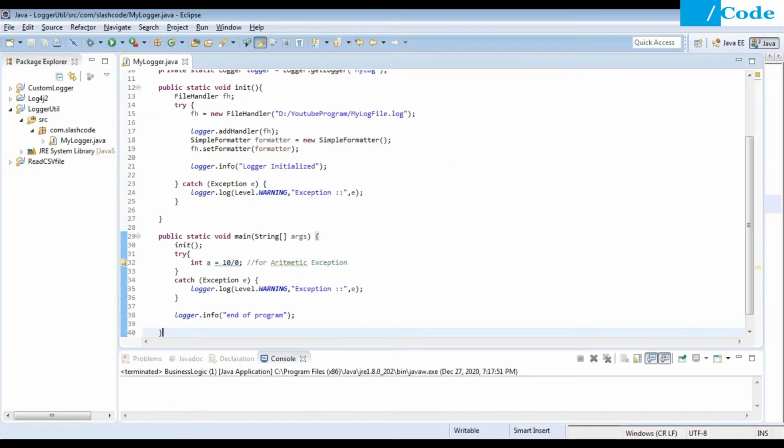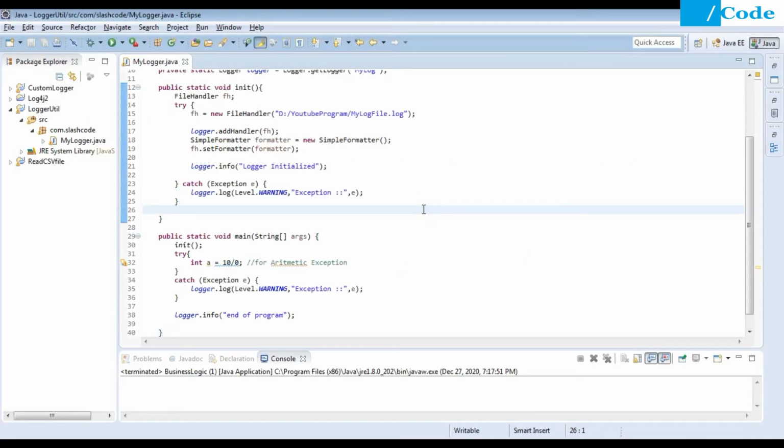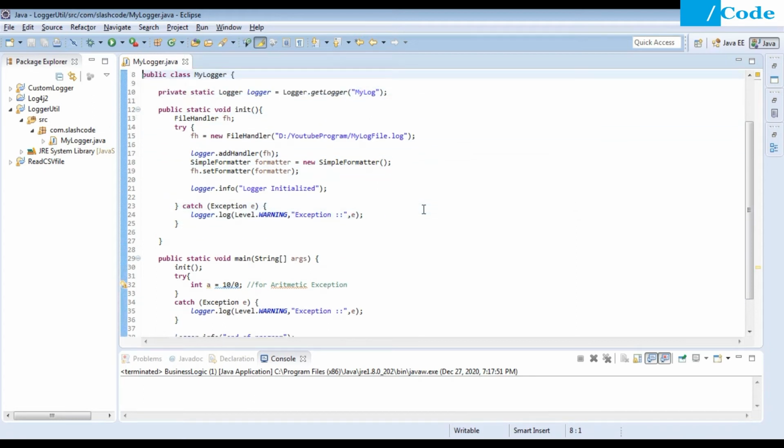So we understood that logging was introduced in 1.4, and why we need it: to trace information and to understand critical issues inside the application. We have also understood the logging levels.